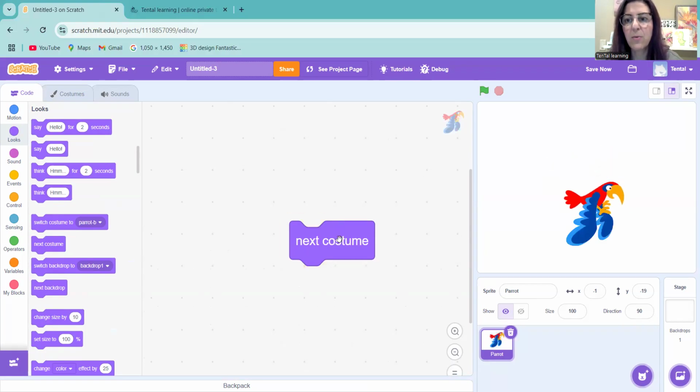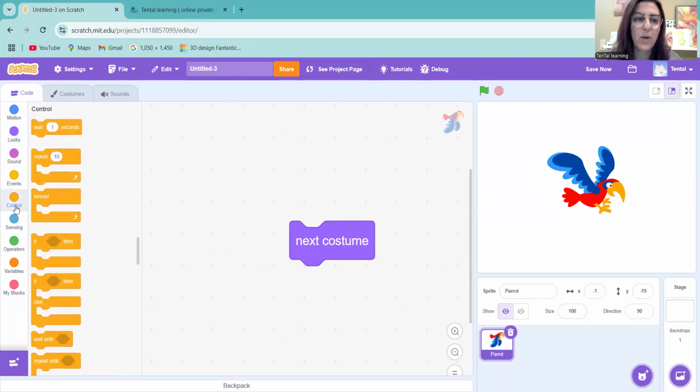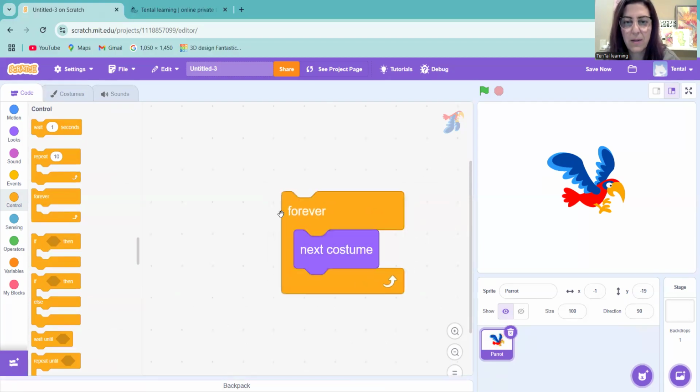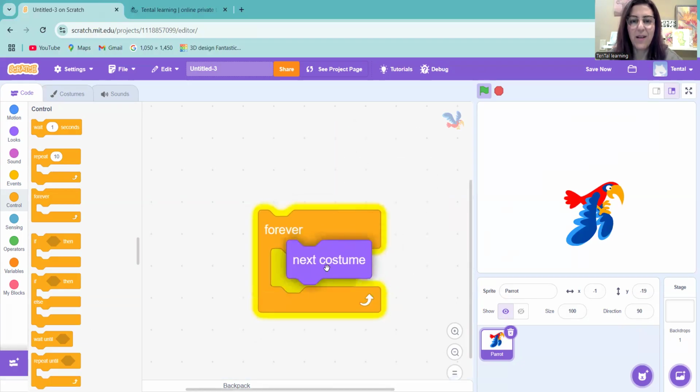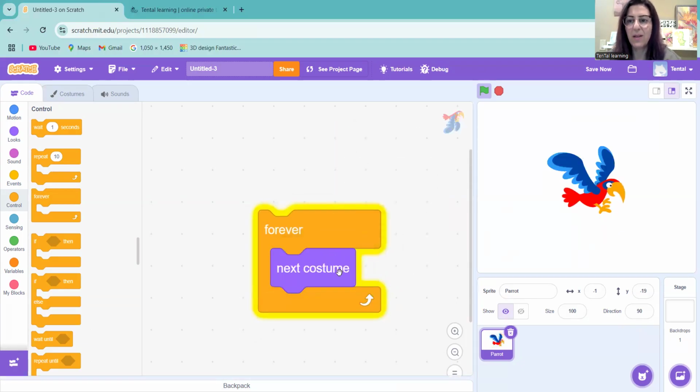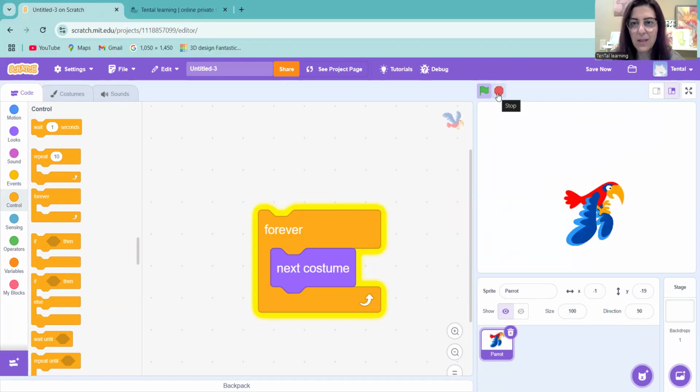So we want this to happen several times. So we can go here to the orange circle and grab this. So let's click it and see what will happen. So this is the part that makes kids so excited. If they put the next costume in this forever loop, they get so excited. You can click stop